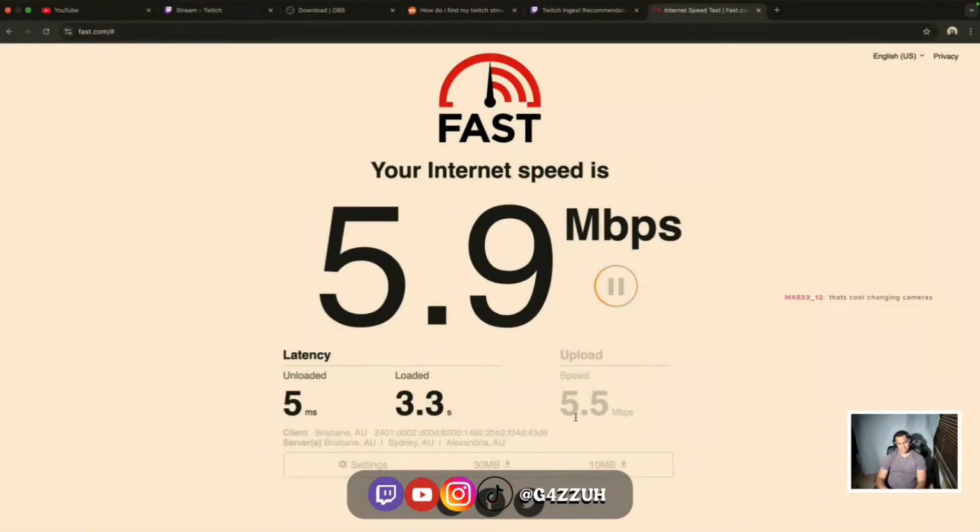As you can see, it's pulling around 5.5 megabits per second. That is well below the 8 megabits per second that we have. If we were to stream now with the settings that we have, we would have dropped frames, and our stream would be very choppy. So using the information we got, the upload speed, we want to